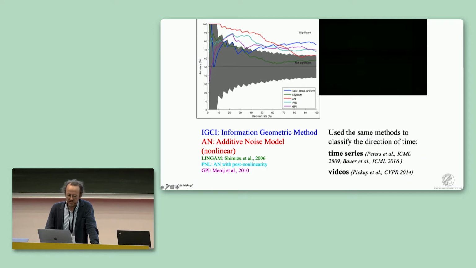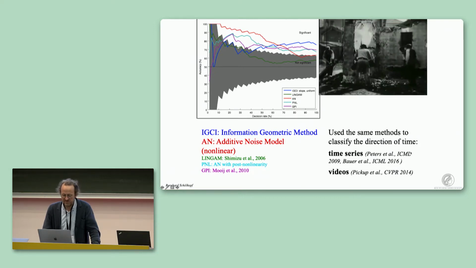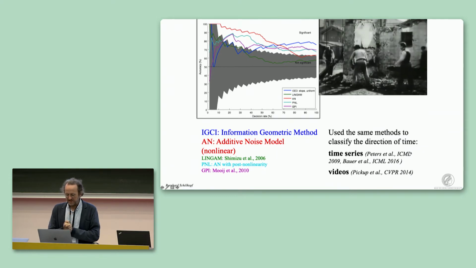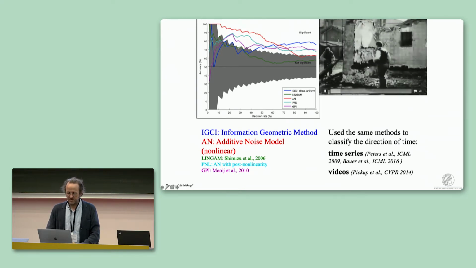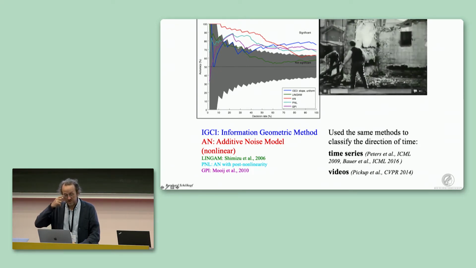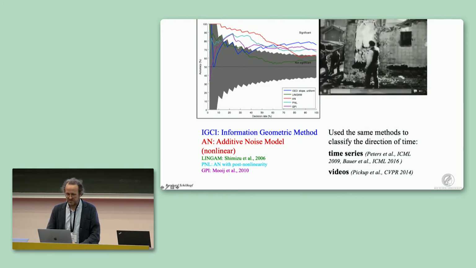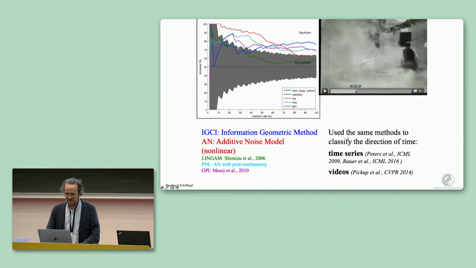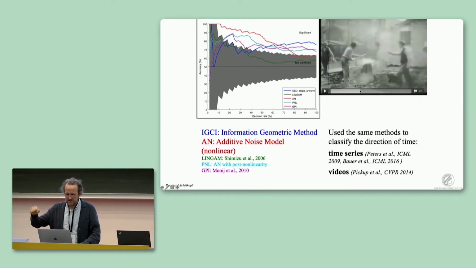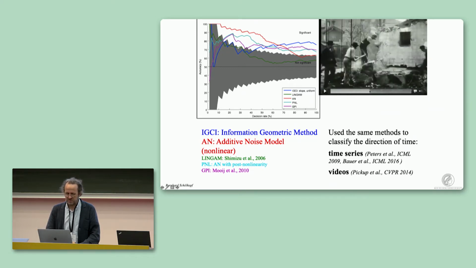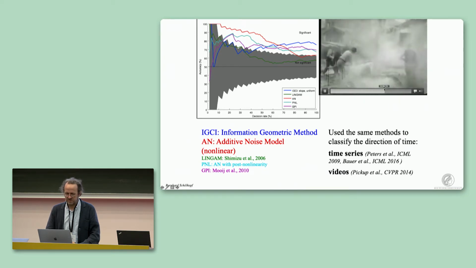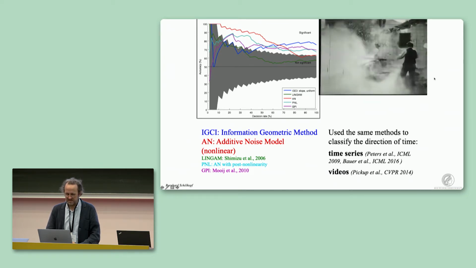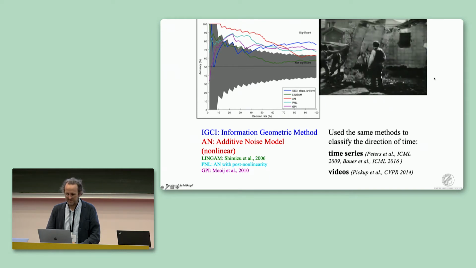And we've applied the same thing also to classify the direction of time, which is kind of a strange problem. Take a time series, decide whether it goes forward or backward. And also we can do the same thing for videos. This is just a little nice video here, which may have been in history the first time that people could see the direction of time, because this is a video from the Lumiere brothers, and they would operate the thing by hand. They crank the handle, and then at some point they would start turning it backwards. So here now we're in the backwards area, and then you could see the wall coming up again.